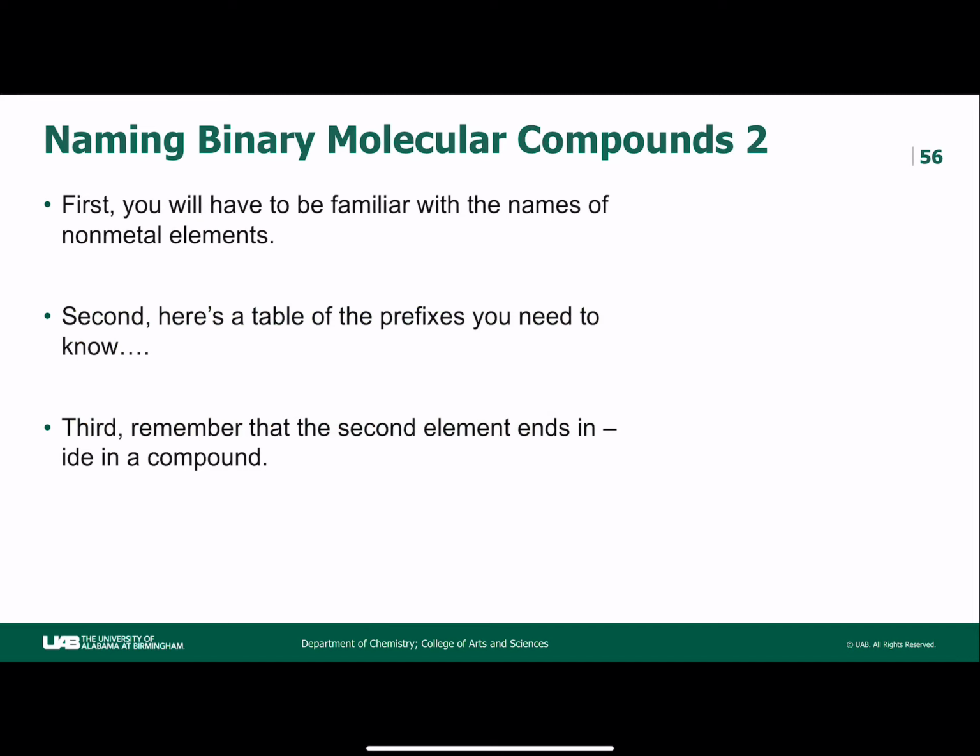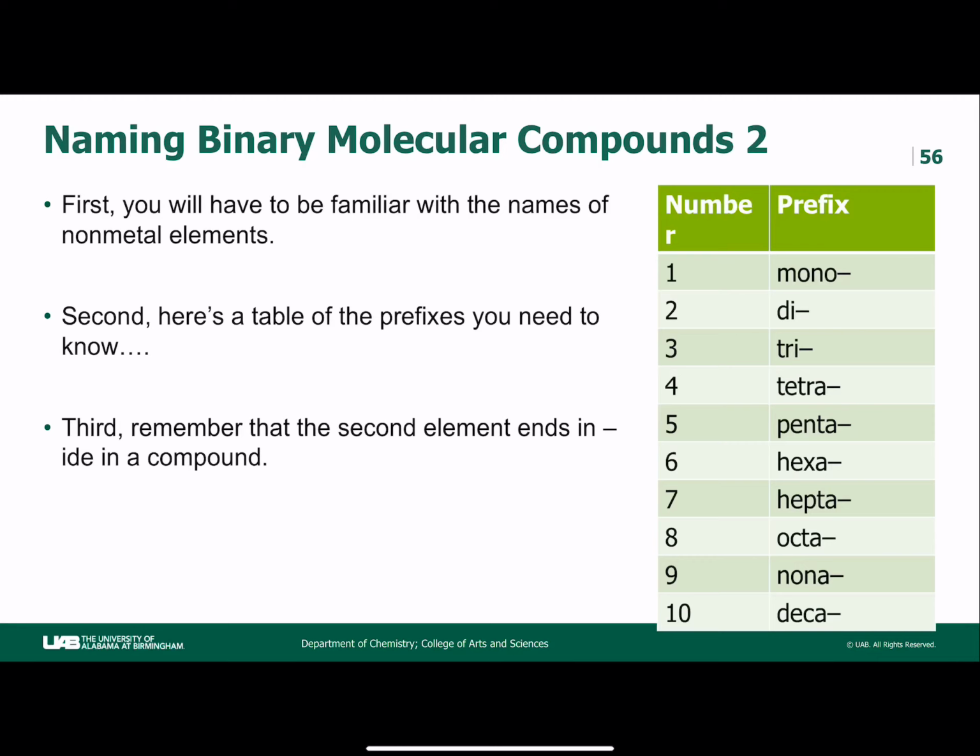All right, first you have to be kind of familiar with the names of the non-metal elements. There's none of these that are too terribly tricky. Most of the ones that don't match name and symbol together very well are going to be on the metal side, so it's going to be easier to figure these out. But go through the top right of the periodic table and make sure that you know their names